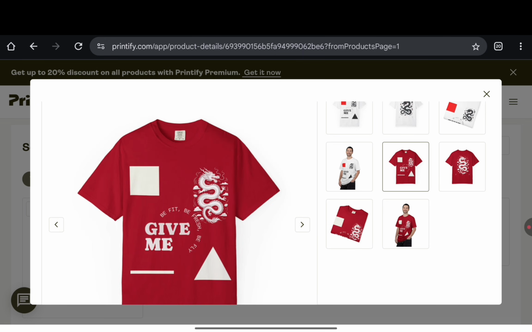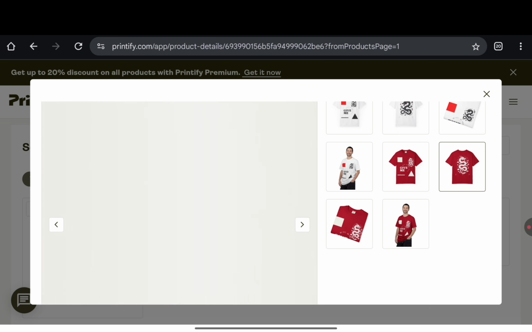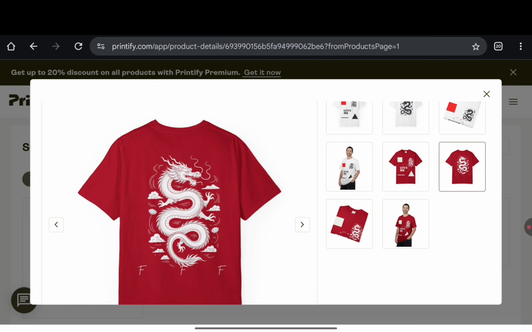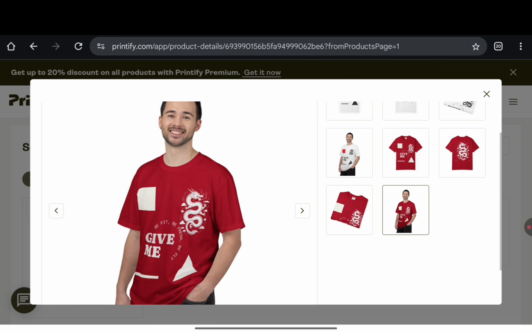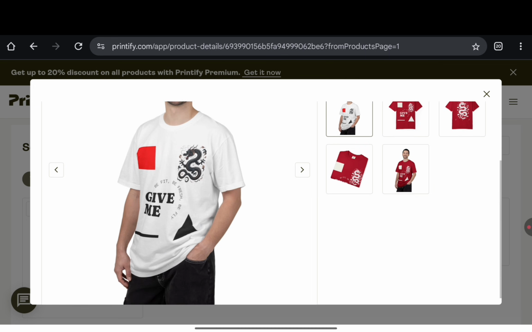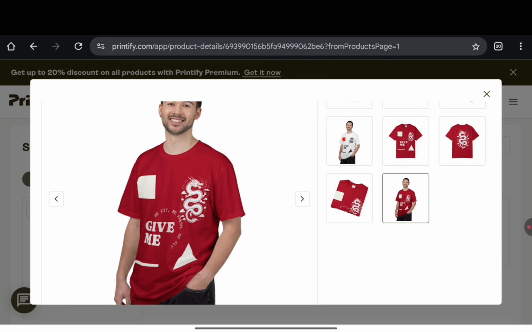You can see that the dragons are completely different, not just the color, but the actual dragon itself, right? And you can see over here, the back of my clothes, it says FFF at the bottom. You can see over here the same guy wearing the clothes. And you can see that the red looks fly. I mean, if you look at this, it's actually nice if you ask me. But that's it. Some people might prefer white, right? While some people might prefer red.